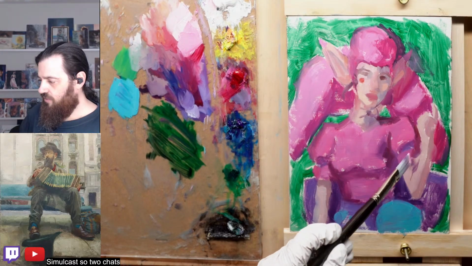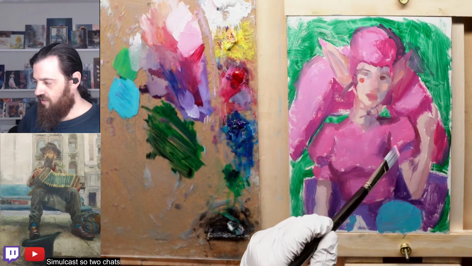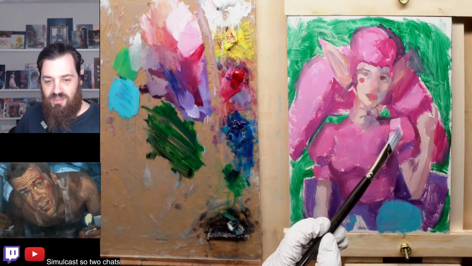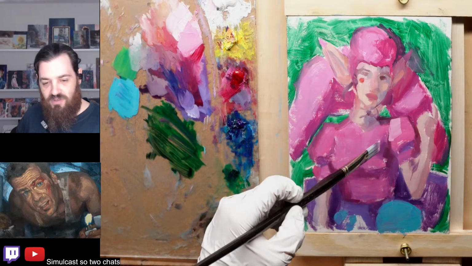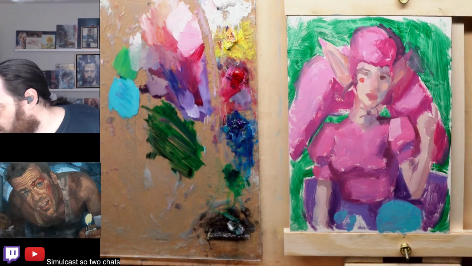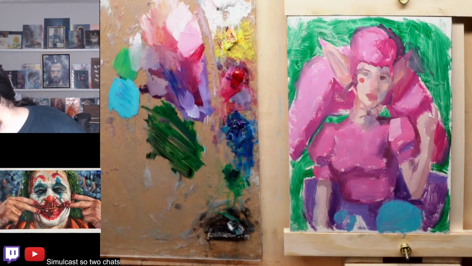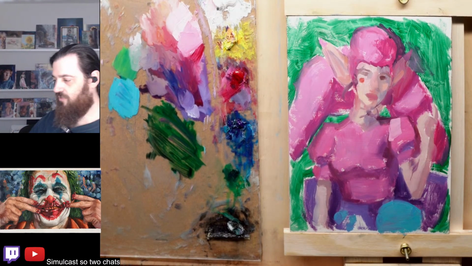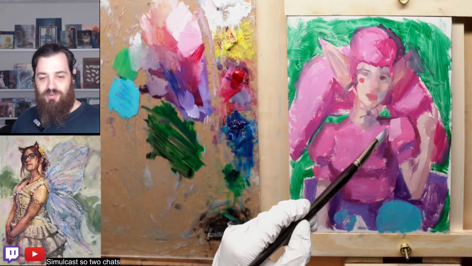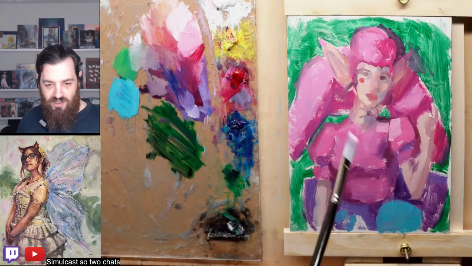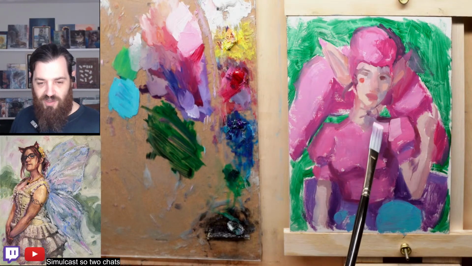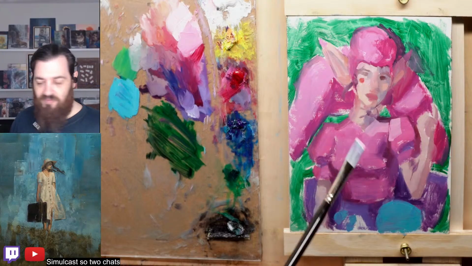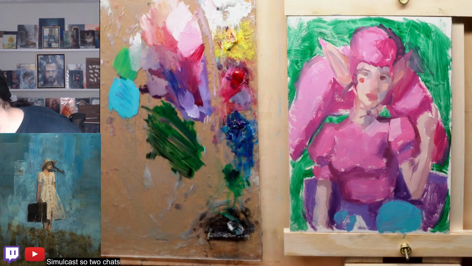I can even say for myself, there are times, right? I have confidence in my ability to paint, and I have a ton of confidence when I just go in on a painting. I have the confidence that I will be able to achieve the look I want, and that even though I mess up something, I'll be able to bring it back. I realize that not everybody has that confidence, but